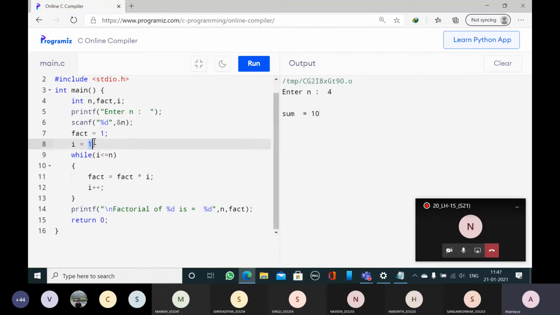Now this is the initialization. The starting value is 1. We have to do 1 into 2 into 3 into 4 up to n. So you multiply here, increase the value, check the condition. If it is true, continue inside until it is false. When the condition is false, fact will contain the expected output. What is 5 factorial? 5 factorial is 120. Everybody able to see the board output screen?